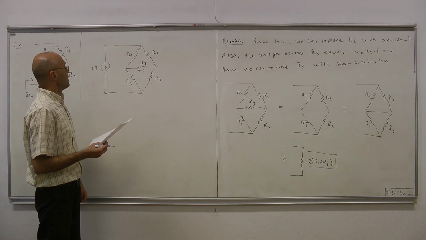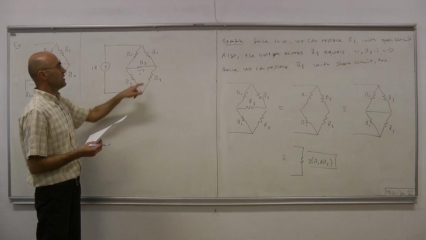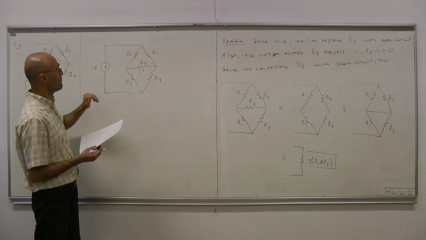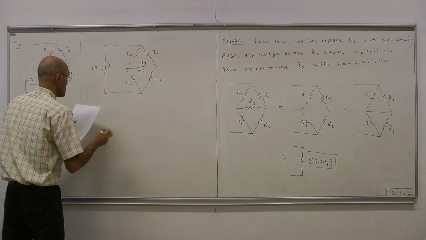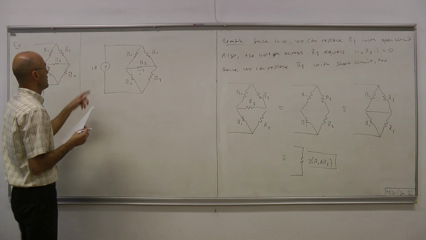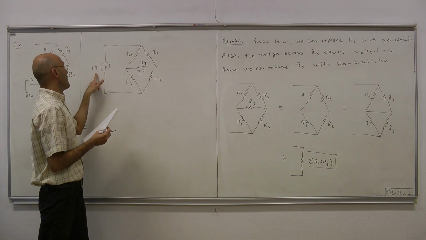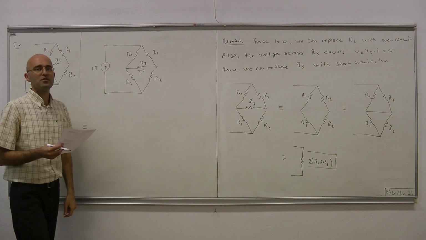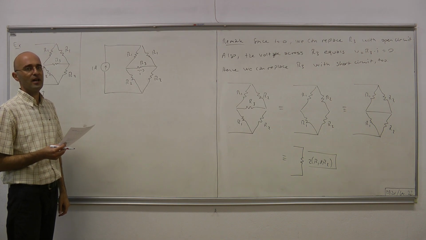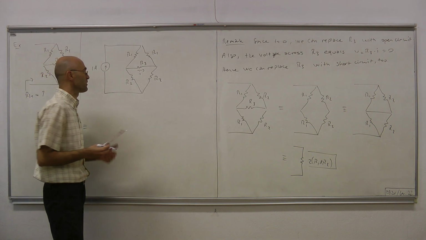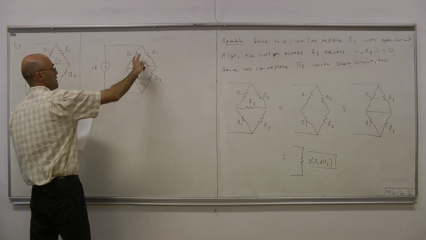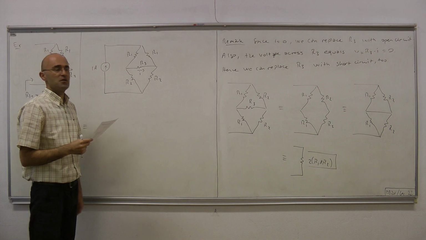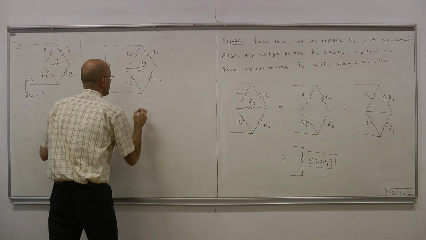Now, because of symmetry, this current must be 0. It may not be obvious, but it becomes obvious once you consider, instead of this 1 amp, connecting two 1/2 amp current sources in parallel, which we can do because as far as this part of the circuit is concerned, they're exactly the same thing. What I mean by that is the following.